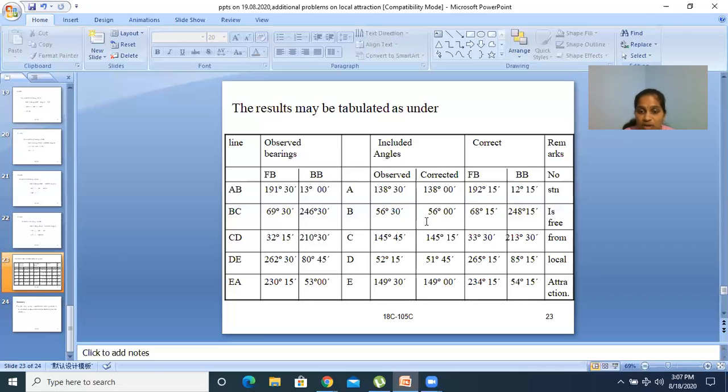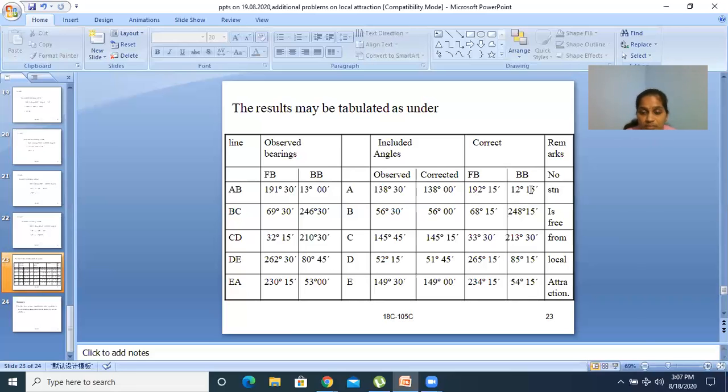So likewise we have to check the included angles first, then we can go for the correction of bearings by using included angles. Okay, in included angles, how can we correct the bearings? We have to correct the bearings first. Here there are no lines that differ by exactly 180 though. So you can take the minimum error station, then you can apply the error. You can apply the correction at each and every station. Okay, here. So these are the correct forebearings and back bearings of all the lines which we have seen so far.